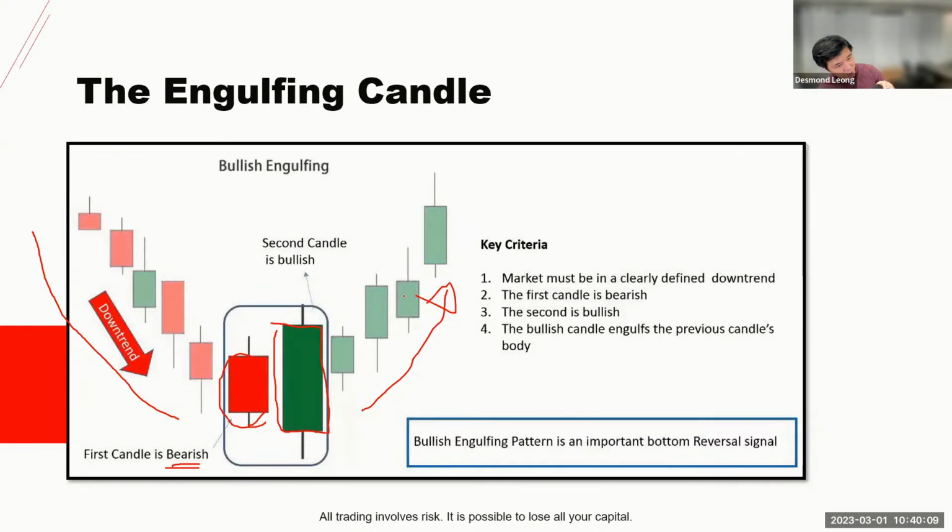This is very useful, but only if you use it correctly, because I've seen so many indicators out there that forecast it wrongly. But if you know how to use it correctly, it's one of the best double candlestick patterns out there in calling reversals. Okay, let me explain. Firstly, you must imagine